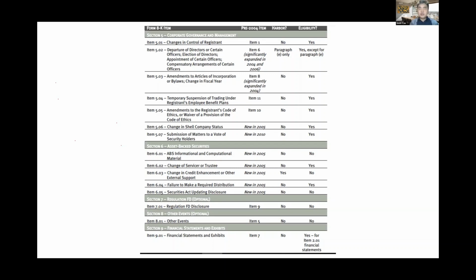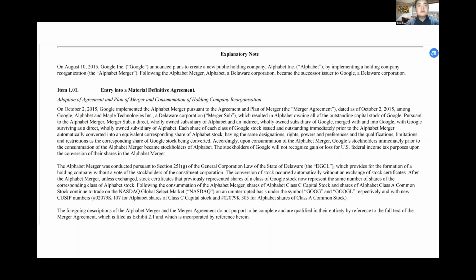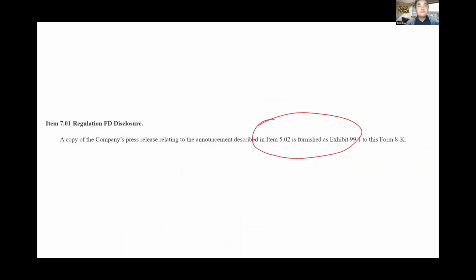One more thing to let you know: companies are confused about 7.01 and 8.01. Sometimes they mess up. They put the news in 7.01, or they put it in 8.01. That doesn't matter. In practice, 7.01 and 8.01 are very similar, because the companies filing and categorizing the news don't distinguish the two categories. The news in 7.01 and 8.01 looks very similar.